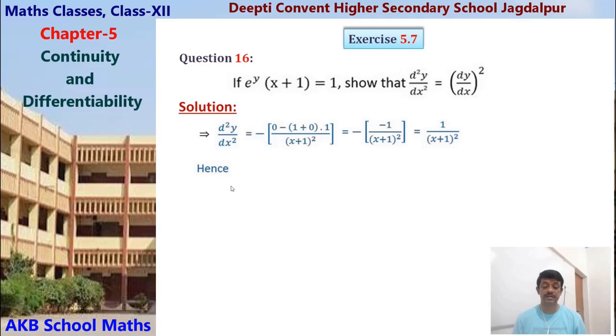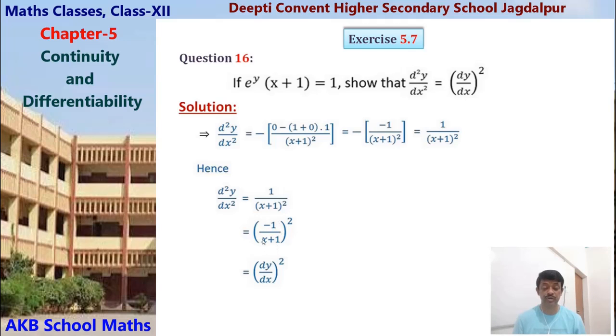Hence d2y upon dx square equals 1 upon (x plus 1) square, but we have to prove that this... we can write this quantity like (minus 1 upon x plus 1) whole square, because after squaring we get this. This can be adjusted like this, because this is equal to the first order derivative, that's why we are using it like this, because we have already got the first order derivative as minus 1 upon x